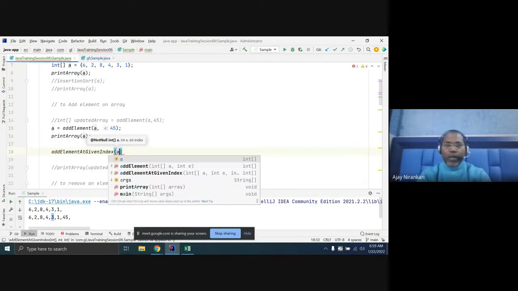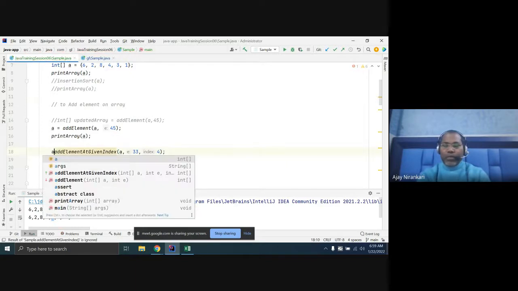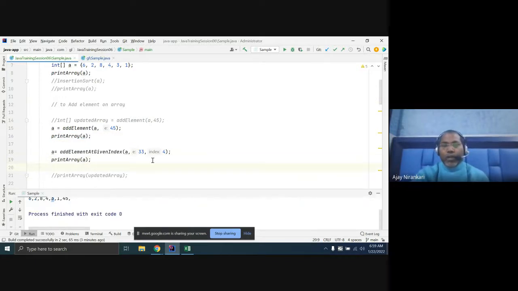This will take the array, comma, which value I want to place, and the fourth position. So the fourth position should get this value, right? Let's run it.